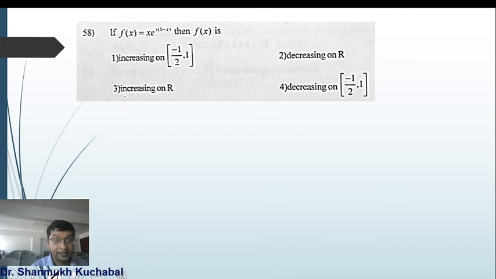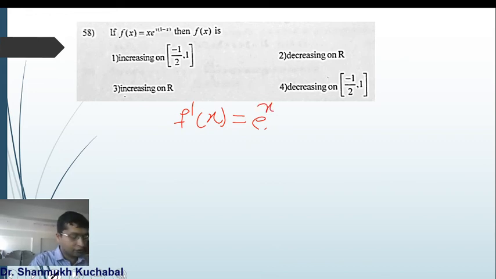Yes. So next example, if f of x equal to x e raised to x(1 minus x), then f of x is. So first we will find the differentiation. f dash of x equal to, we have to use the product rule and find the differentiation. So I am going to get this as x e raised to x (1 minus x), so I am going to get 1 plus x minus